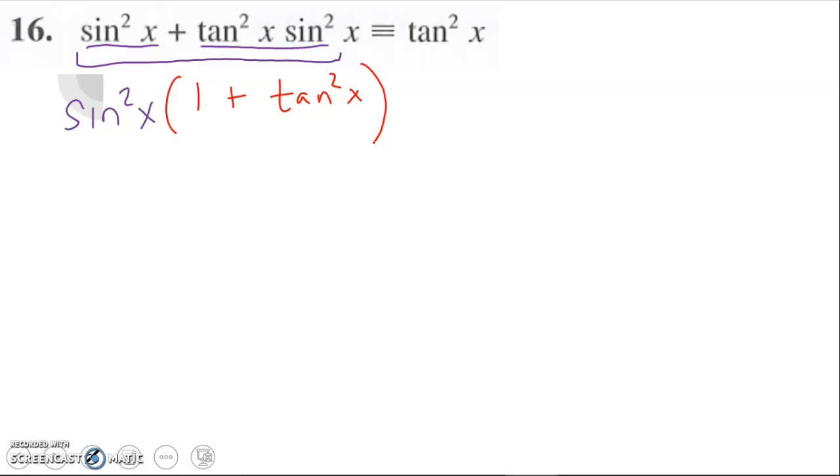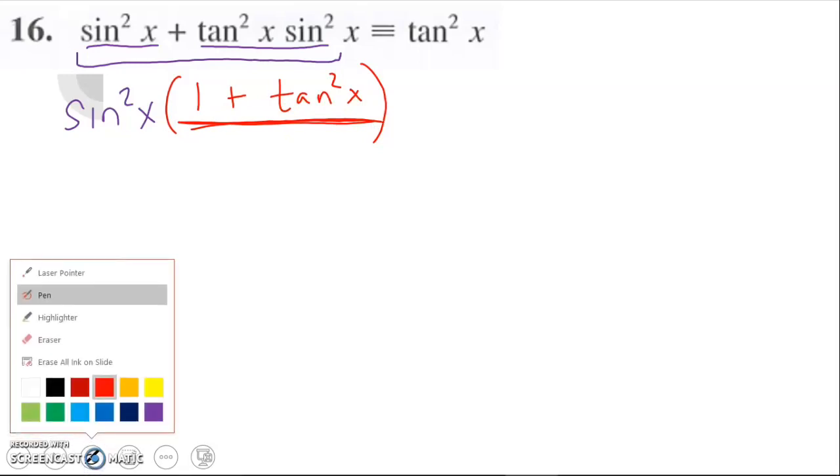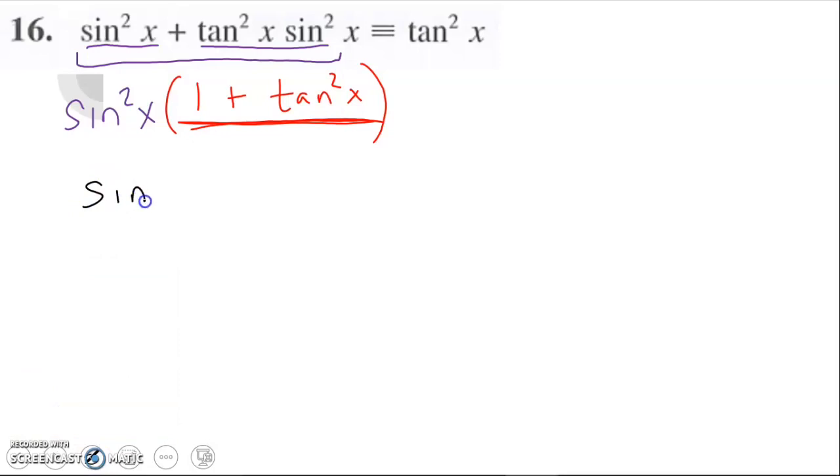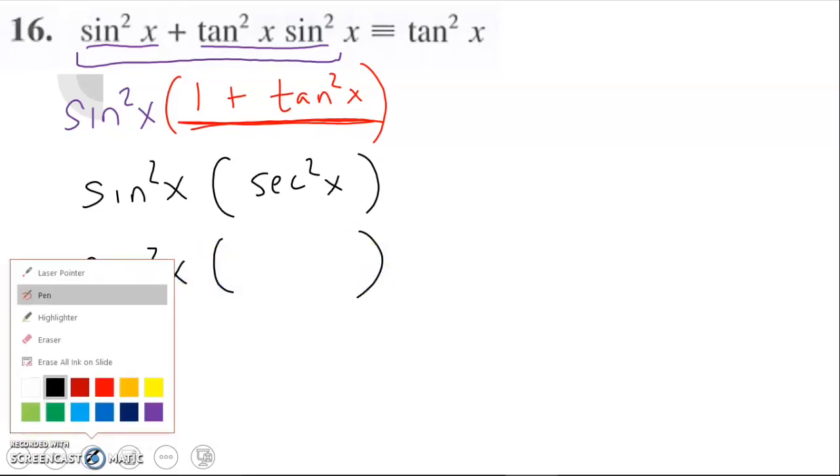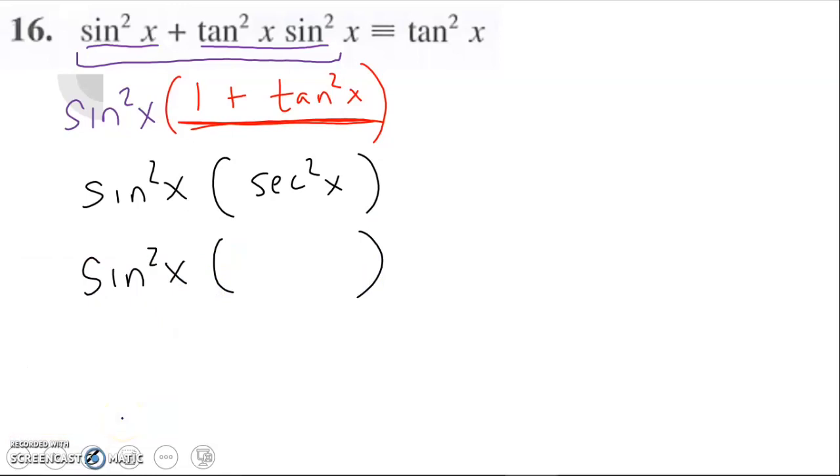Now if you remember, this is also one of your identities. Okay. This is equivalent to secant squared. So now I have sine squared x, and again, this is equivalent to secant squared x. Okay. Again, try to change as much as possible into sine and cosine, so you can. It makes proving identities a lot easier. I can also change this into what? I can change it into 1 over